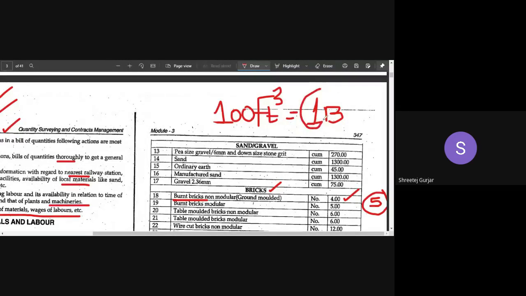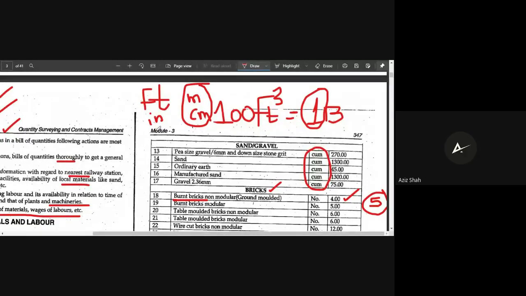On the site, we deal with feet and inches, but usually when we study, we deal with meter and centimeter. So that is why this problem is happening. Whatever you learn in cubic meters, on site they use brass, in feet. Tractor trailers are measured in brass.